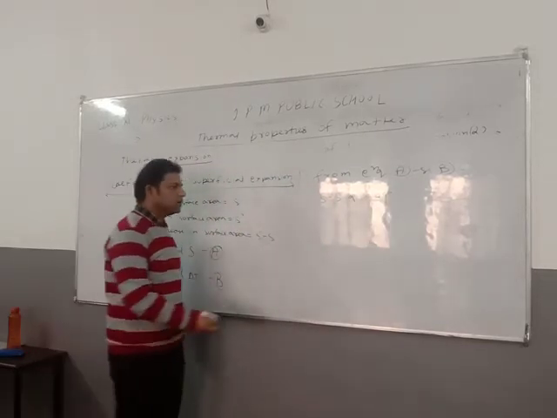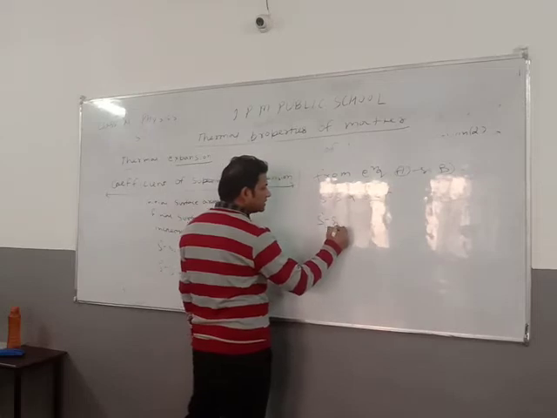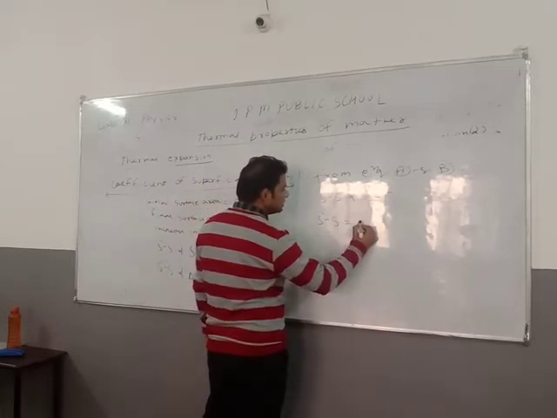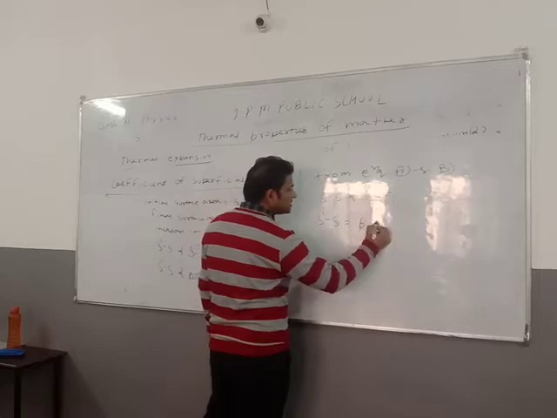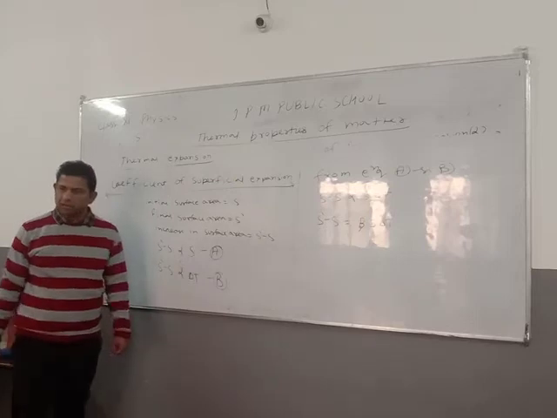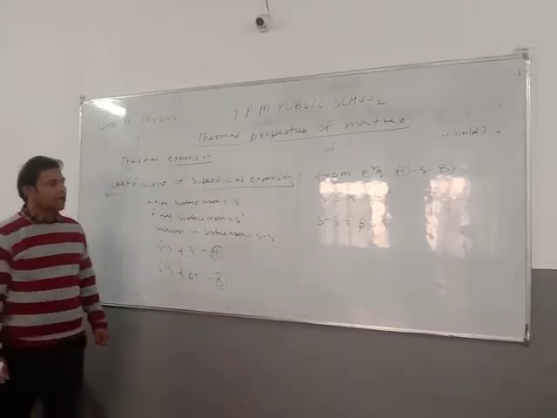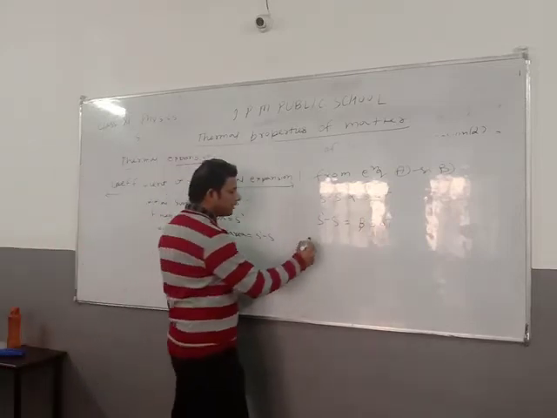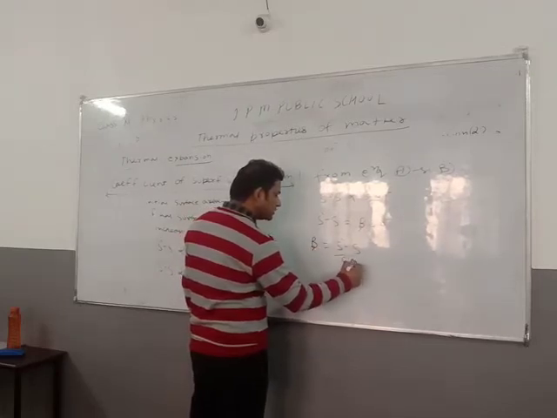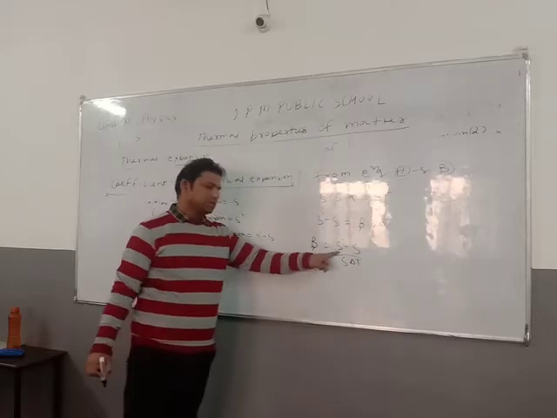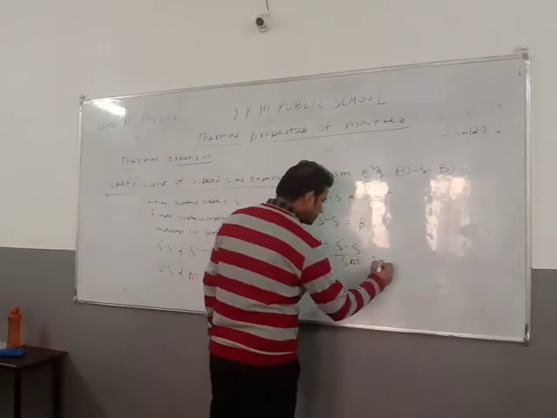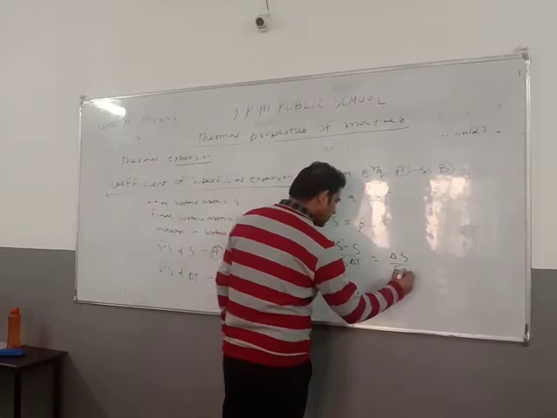When we remove the sign of proportionality, S dash minus S equals beta S delta T. We can find the formula for beta, the coefficient of superficial expansion. It means beta equals S dash minus S upon S delta T. Students, this is change in surface area. So we take delta S in place of S dash minus S, delta S upon S delta T.